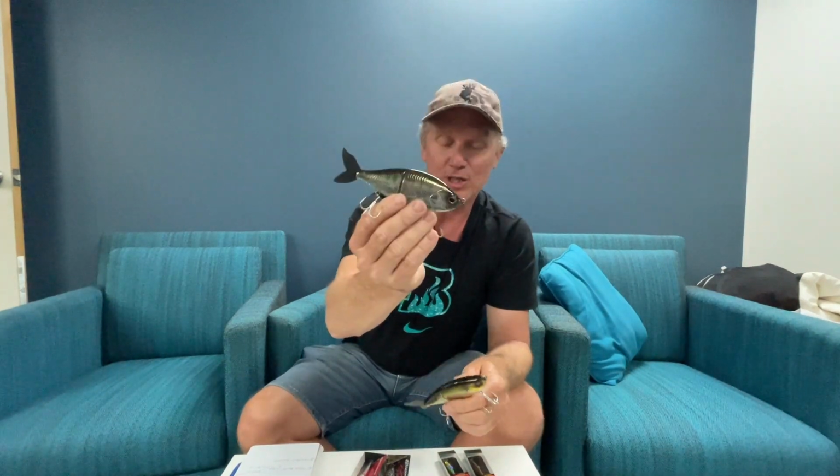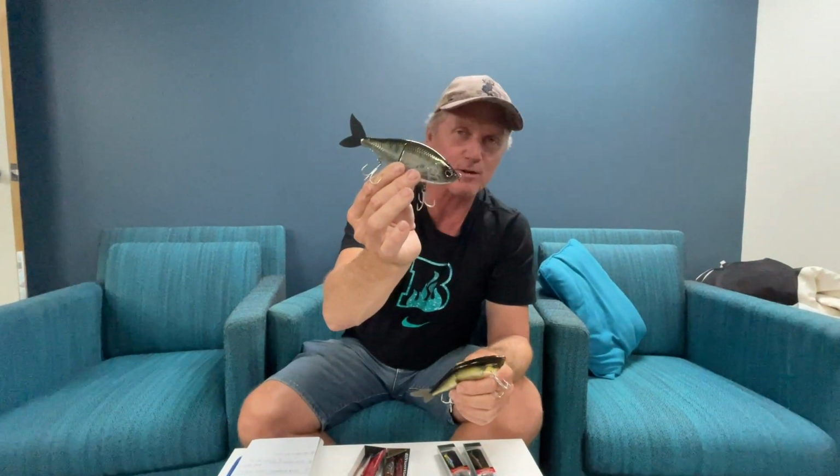But the bites that I've had on these things over the years are savage. When they eat these things, they don't eat them for territorial reasons or anything. They just want to eat them. So I've thrown these things at Kinchin where you slow, intermittently wind them, so they just swim a bit. Whenever I get a bite on these, it near rips the rod out of your hand,